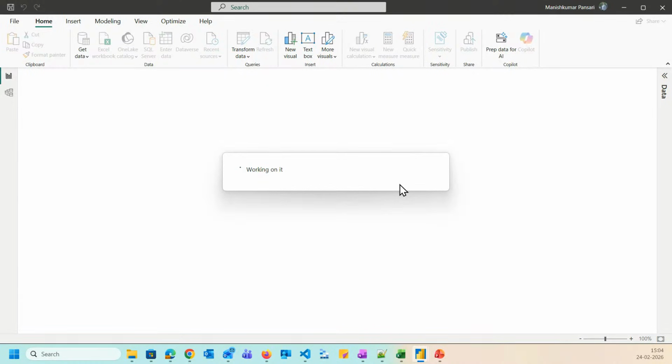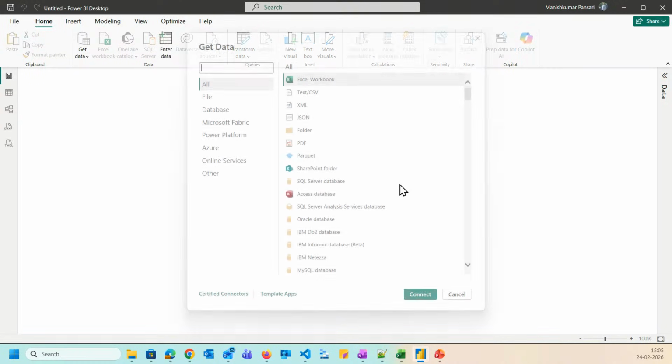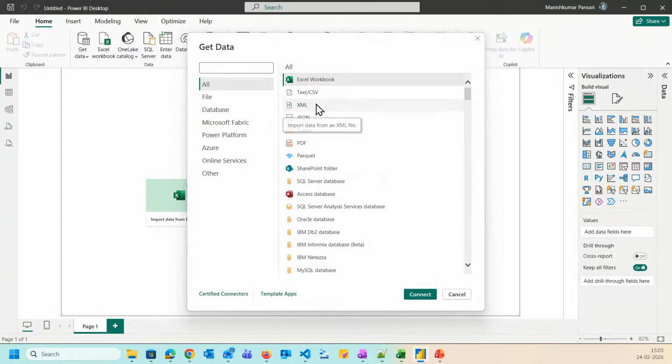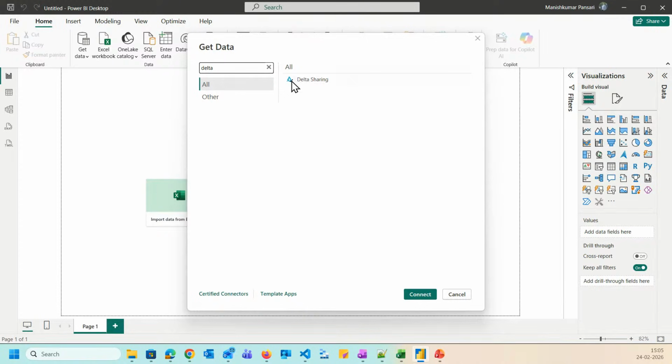I have just downloaded it for the demo purpose. Here in the source side, you have to select Delta Sharing and you have to connect it.